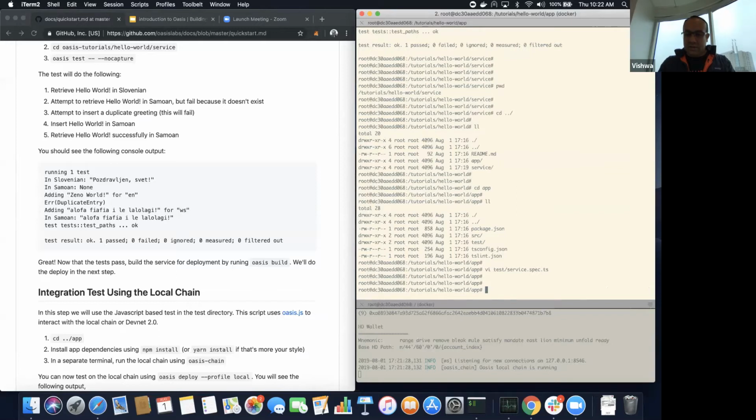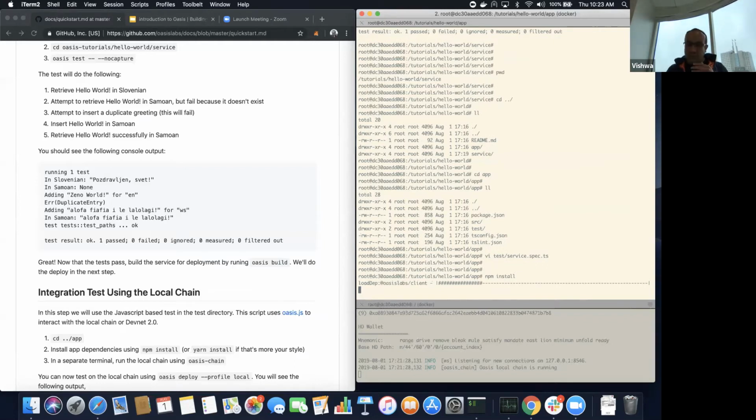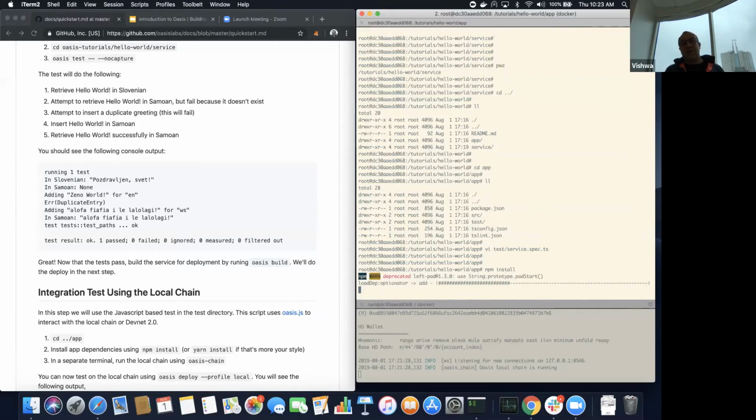So now that that is taken care of, we have to do an npm install, post which we will be deploying and testing on the local chain by using Oasis tests again. The way in which we've written this now is when you run Oasis tests, it's very context aware, in the sense that it's going to pick the closest artifact, which could be a manifest if you are in any of the cargo areas and the Rust areas, or it will pick up package.json if it happens to be in the app directories or the app subdirectories also.